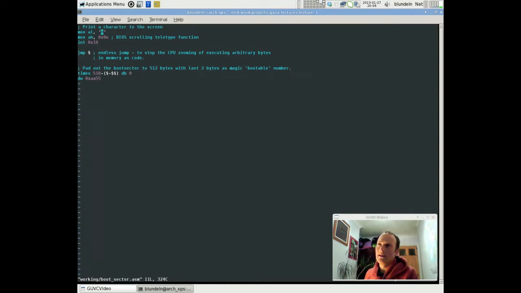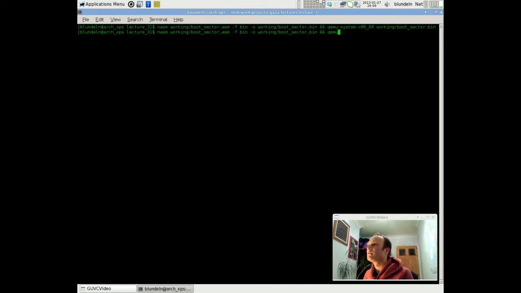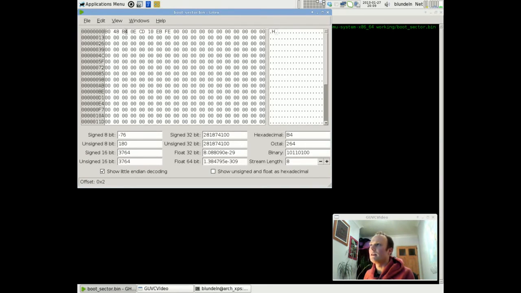So we're printing this H here. This is just a literal value. If I just compile that, and I look at the hex, then I see this H,